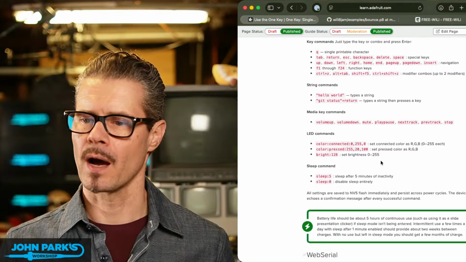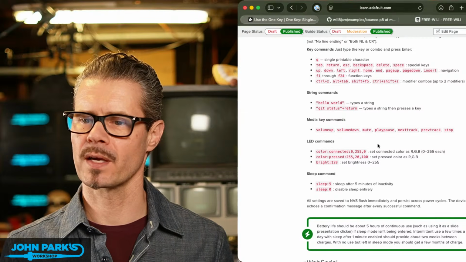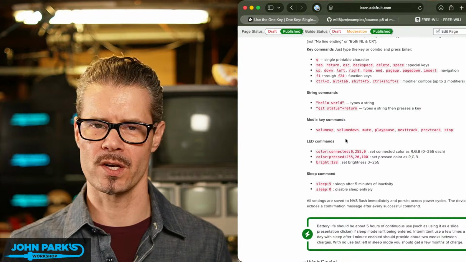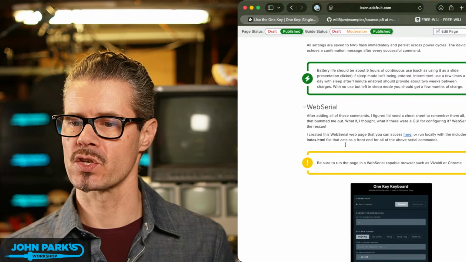So Control, the plus sign, Z, hit enter in your serial terminal, and now you've turned this into an undo button. However, as I say in the guide, this started to get out of hand as I added more and more things, and I didn't want to just have a big cheat sheet for it. And so that's when I created this